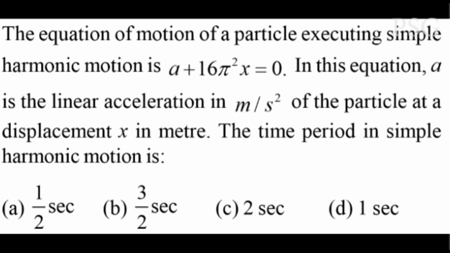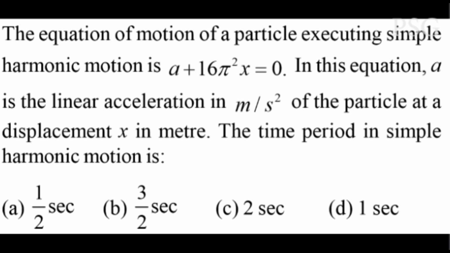The equation of motion of a particle executing simple harmonic motion is a plus 16 pi squared x is equal to 0. In this equation, a is the linear acceleration in meters per second squared of the particle at a displacement x in meters. The time period in this simple harmonic motion is,